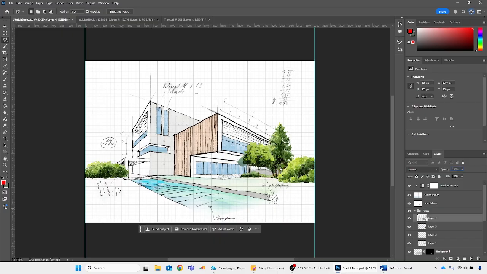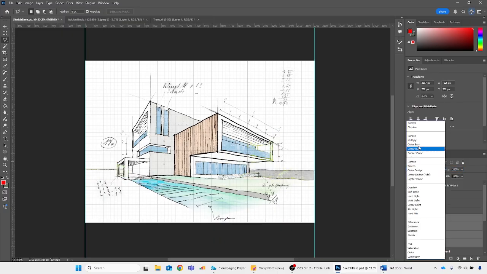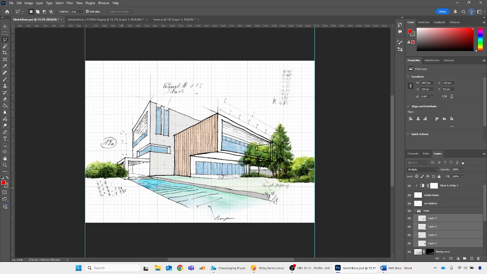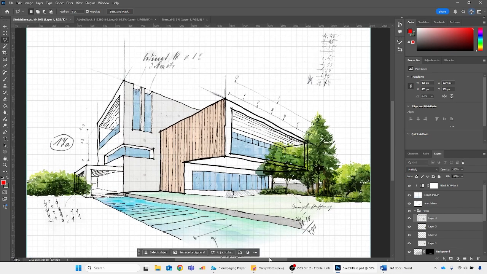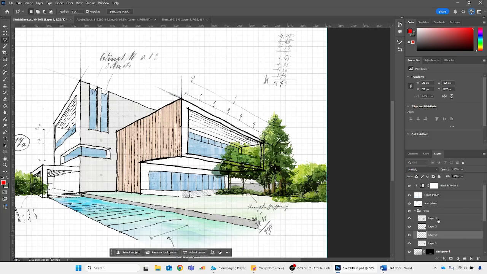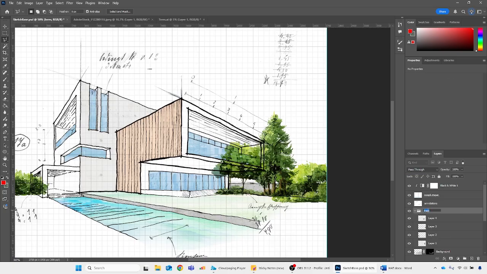What else we could do is we could start to mask them, or you could put them on a multiply layer so you can see some of the stuff in the background, or it could be that we have some in the background and some in the foreground. So to do that, what we could do is move them into two different folders. So trees